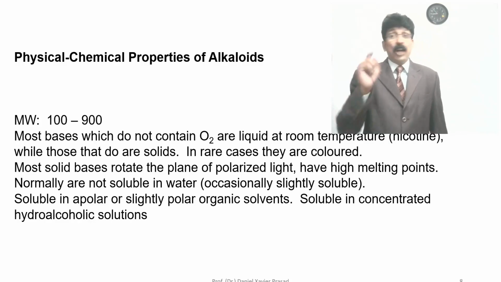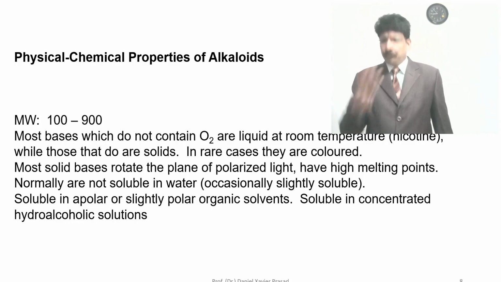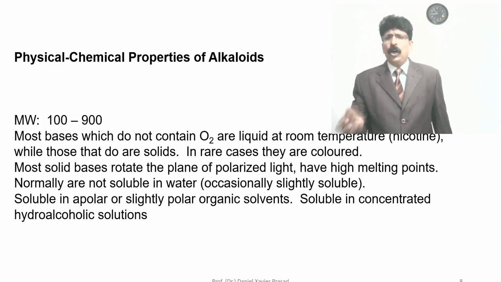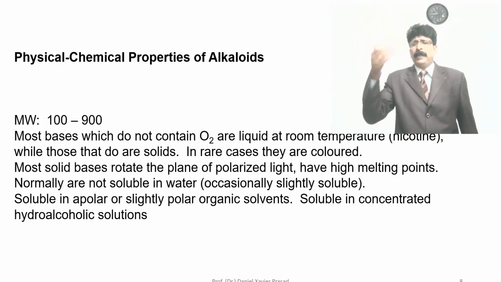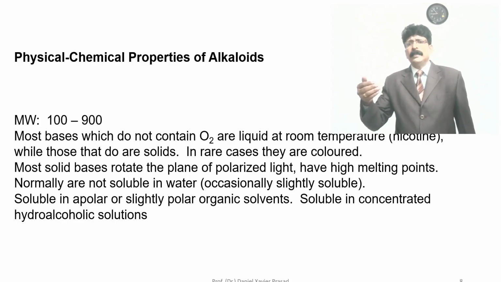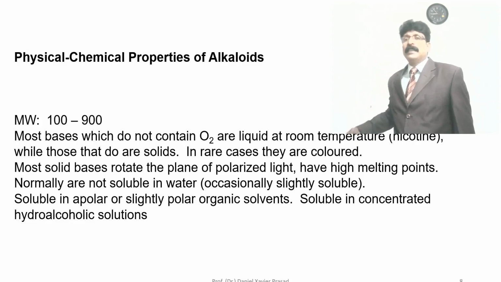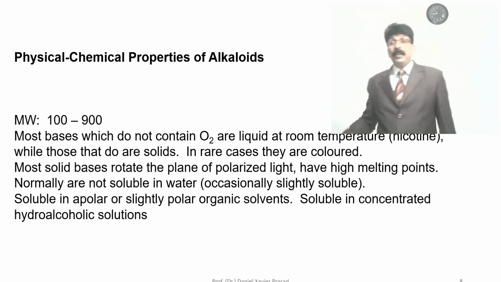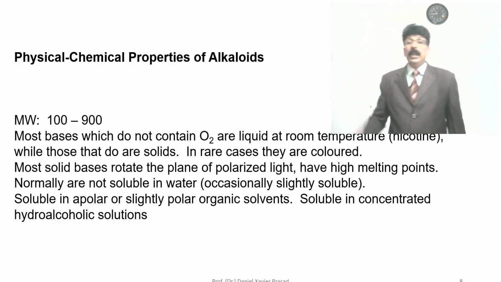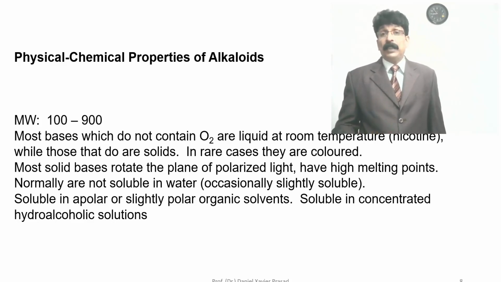So the solvent system you should always remember, you have to write, and it should be at your fingertips. No need to confuse: low polar solvents starting from hexane, petroleum ether, benzene, acetone, methyl acetate, and then comes ethanol, methanol, and water last. That is polar, and even high polar means dilute acids like dilute HCl, dilute nitric acid, dilute sulfuric acid. You can go for high polarity of the solvent system. You should always have a list of solvent systems. They are soluble in organic solvent and slightly soluble in polar organic solvent, soluble in concentrated